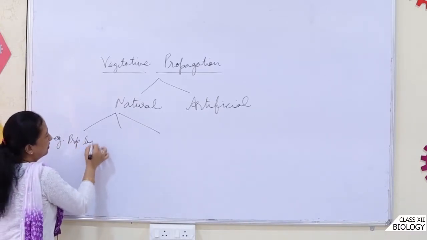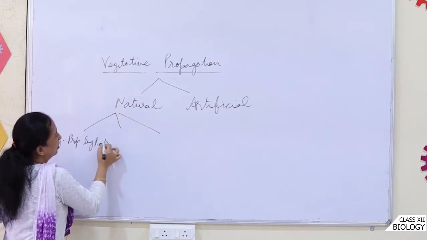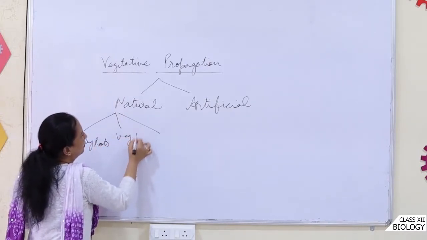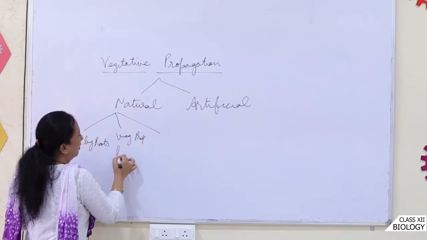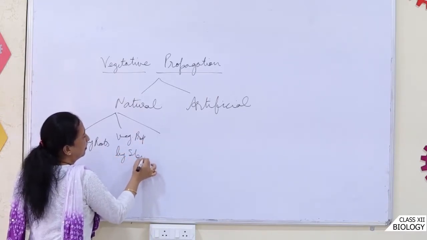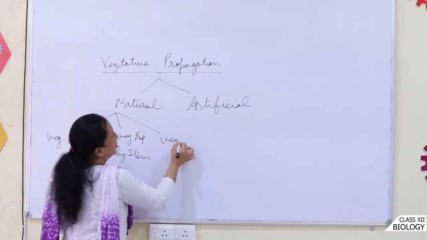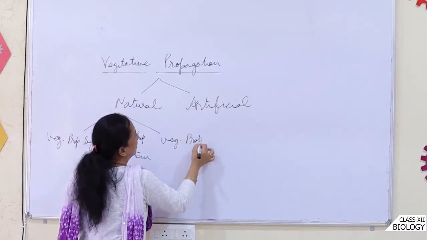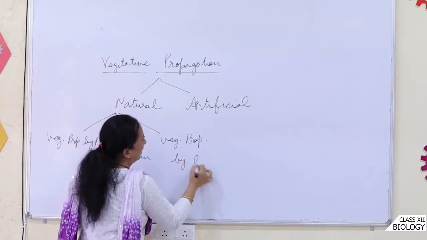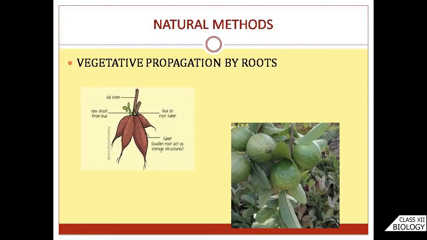by roots, vegetative propagation by stem, vegetative propagation by leaves. We have seen in roots such as the roots of guava or the roots of sweet potato, how